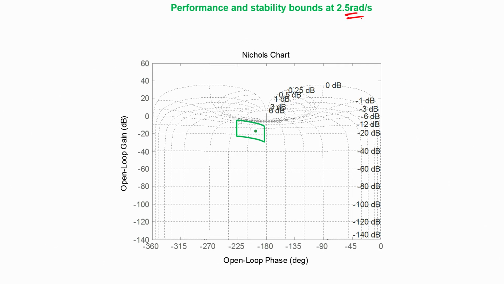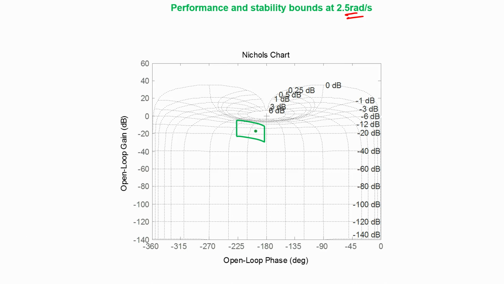So at 2.5 radians per second the plant template is situated at this particular location in the Nichols plot, and the green dot at the center indicates the nominal plant transfer function P0, or the value, the magnitude and the phase of the plant transfer function for the nominal gain K0 equal to 1 and the nominal pole location P0 equal to 1. And when the gains K and P change, the plant transfer function assumes a range of other complex numbers, and that is represented by this curvilinear rectangle. So this is the plant template at 2.5 radians per second.